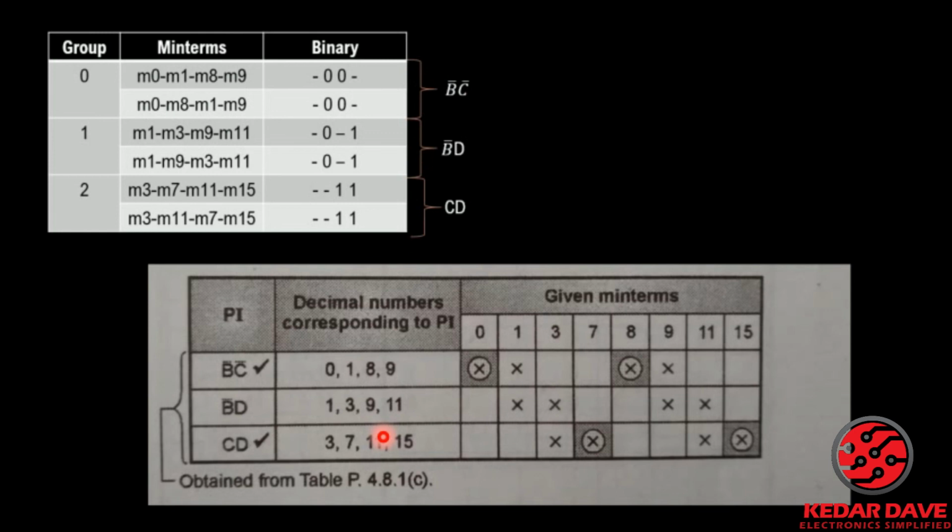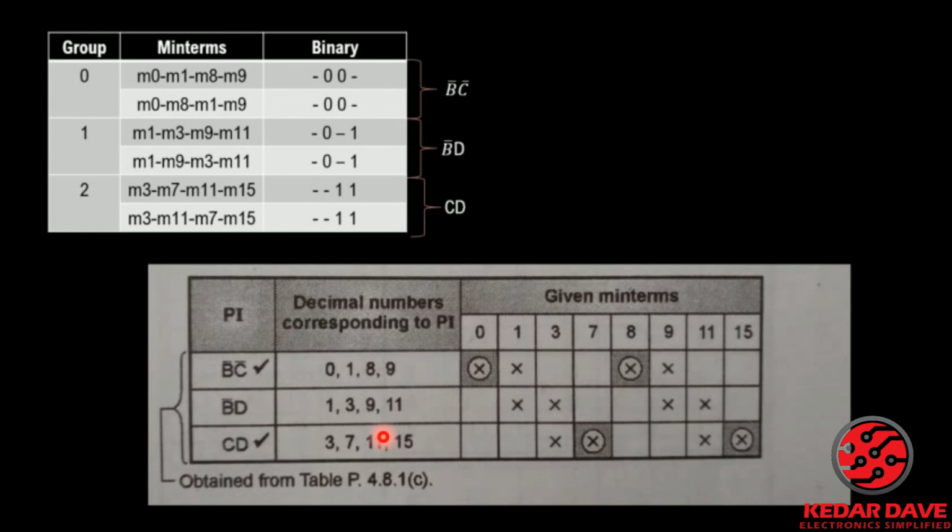So this way, and min terms 3 and 11 are contained in CD. Whichever min terms are not repeating will be considered for the essential. B bar C bar plus CD will be the final answer for this example. So this way the Quine-McCluskey method can be applied,